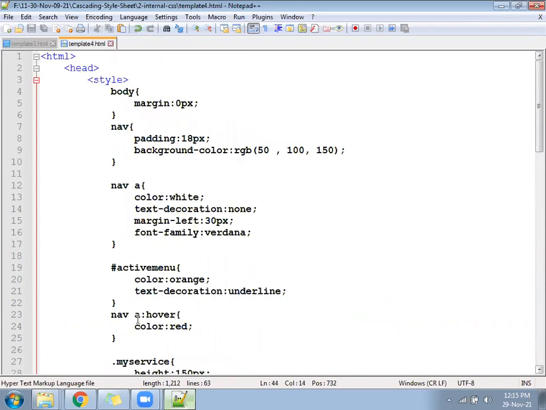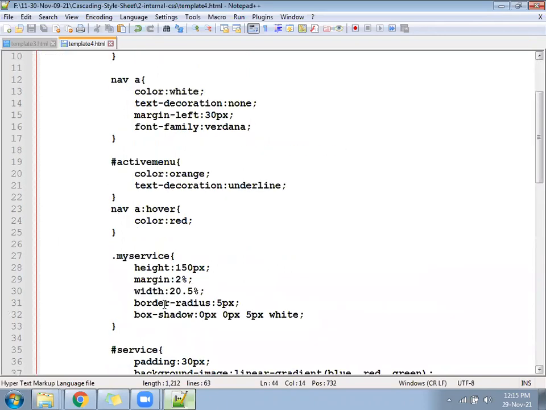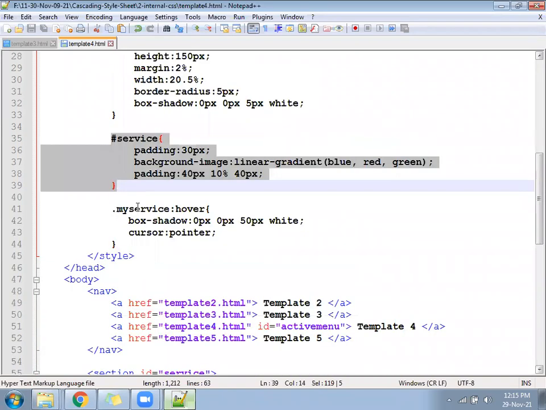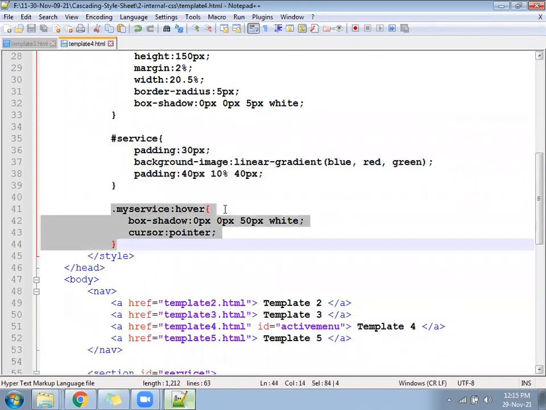The CSS code is not long, it's less only. This is my service, this is the service container, and this is for my service. You wrote a hover effect. You are changing the box shadow, changing the brightness in the background.